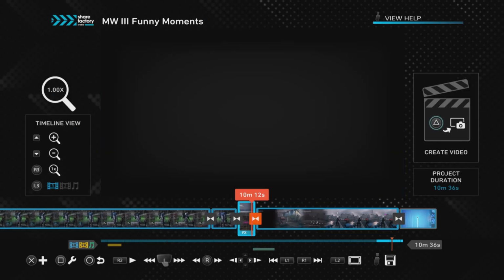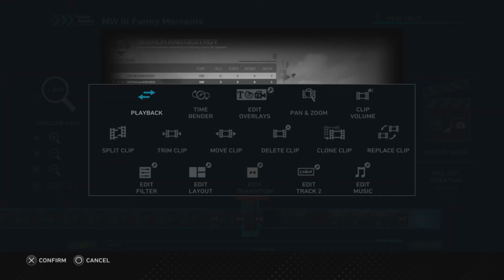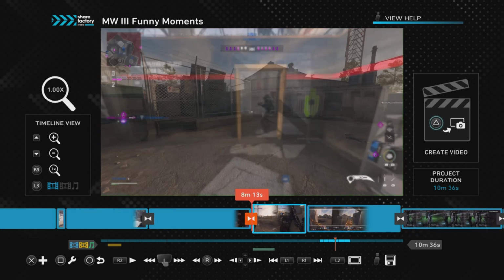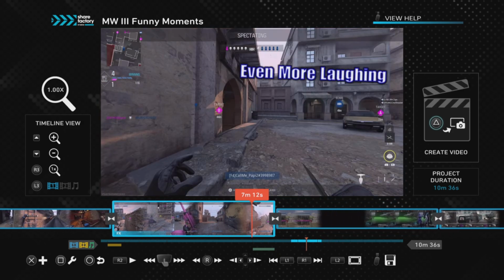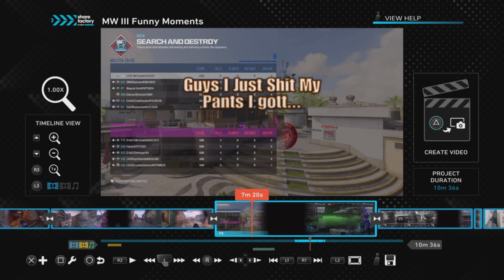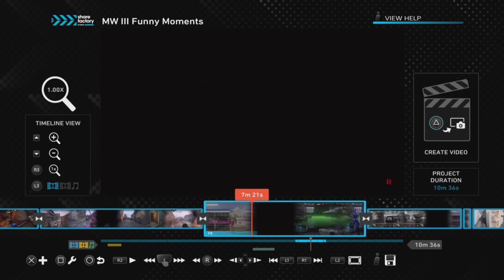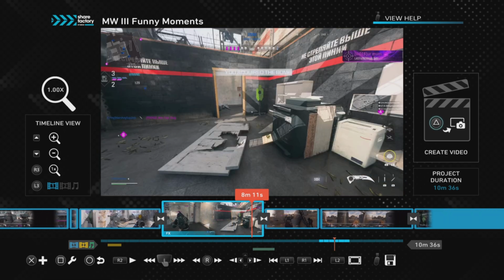Cloning clips, I do that. This clip right here got cloned from the other one. I just dragged it over. But the thing is, if you clone a clip and then cut it, it'll delete the text out of it. So what I recommend is, I'm pretty sure this will work. Let me try it. If you cut the clip right here before, and then cut the clip right after, so the part you want, and then drag it, and then after you get the cut, copy and then drag. I think that'll work.